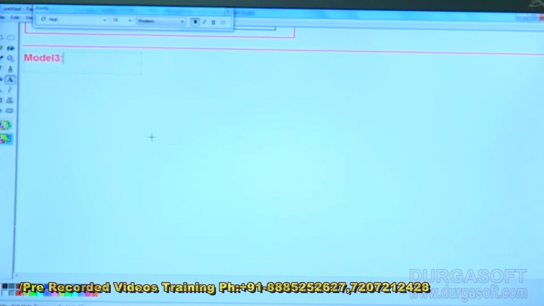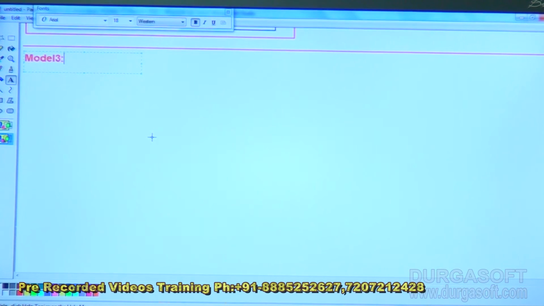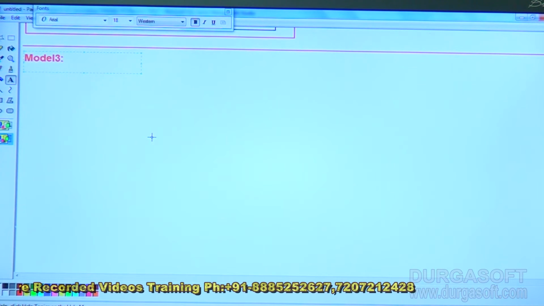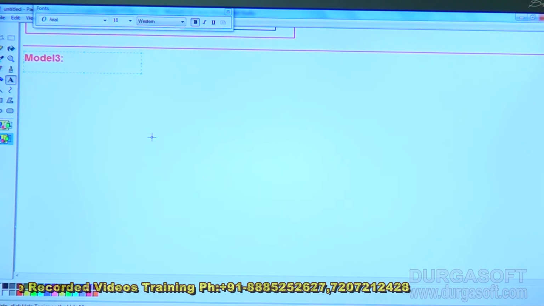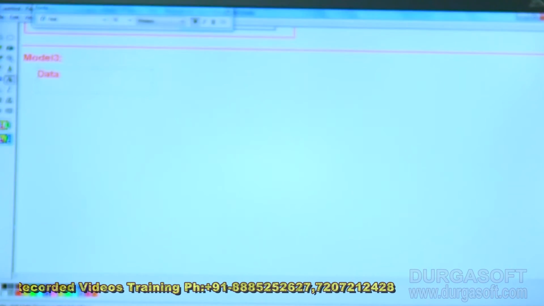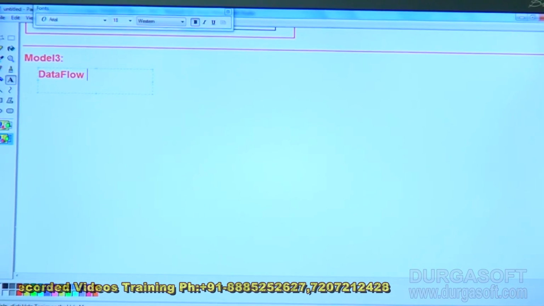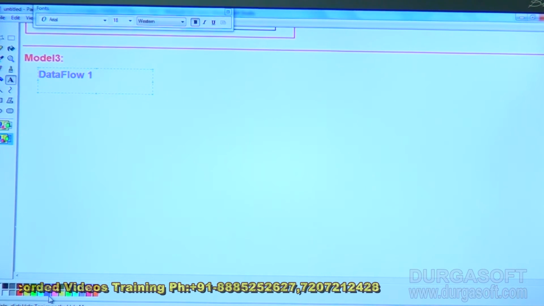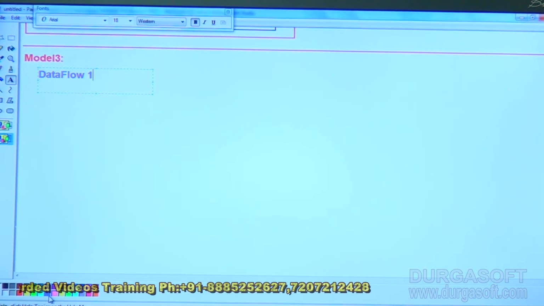Instead of doing the complete work in a single data flow, I'll design it as 2 separate data flows. So I'm creating the first data flow, data flow 1. Under this data flow 1,